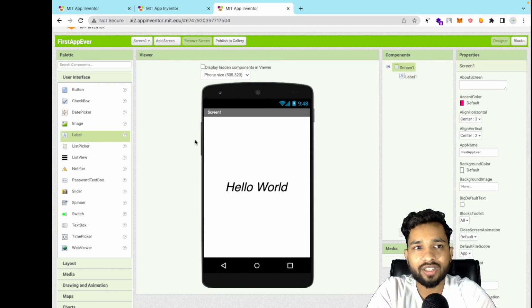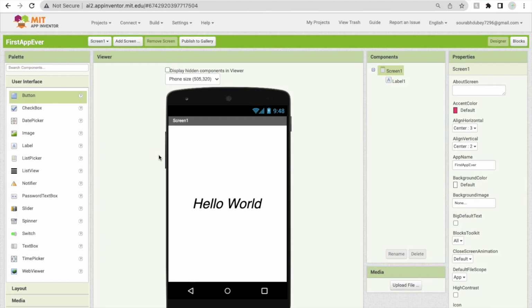I just open the website, their platform, and drag and drop just label here, and that's it. So that's the overall app. If you want to build the APK file of this, how can we do this? It's very simple. As you can see in the build option, click on Android app